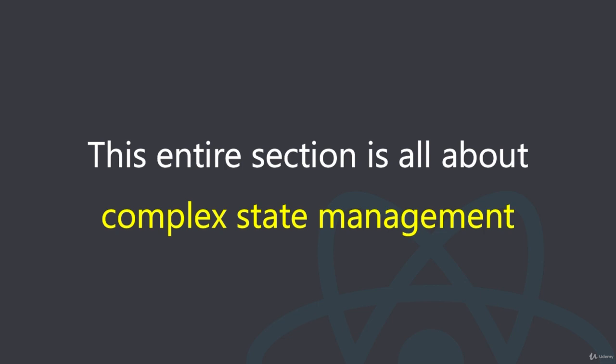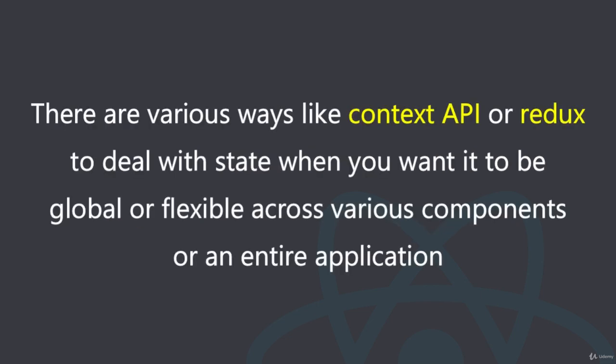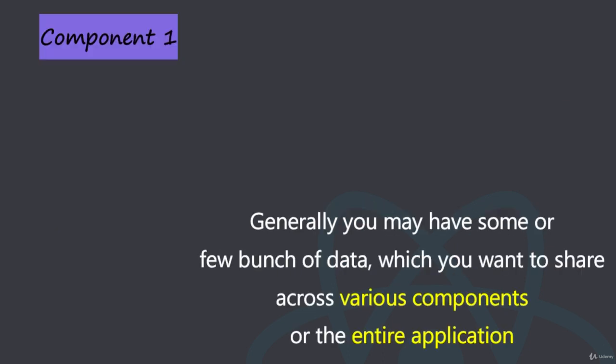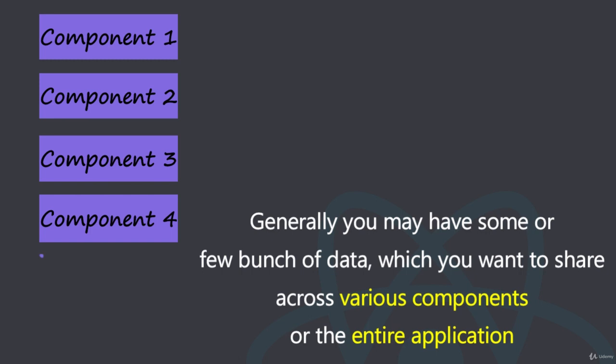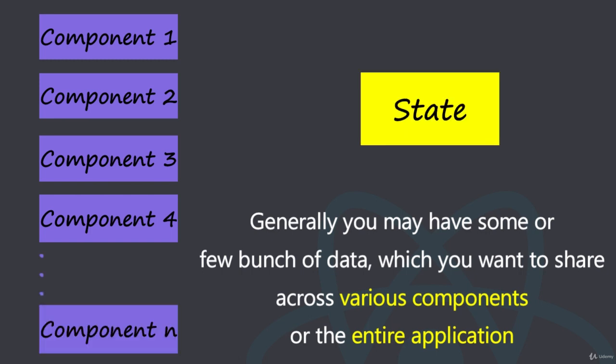This entire section is all about complex state management. There are various ways, like Context API or Redux, to deal with state when you want it to be global or flexible across various components or an entire application. Generally, you may have some data, or maybe a bunch of data, which you want to share across various components or